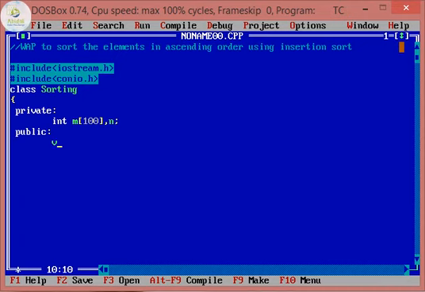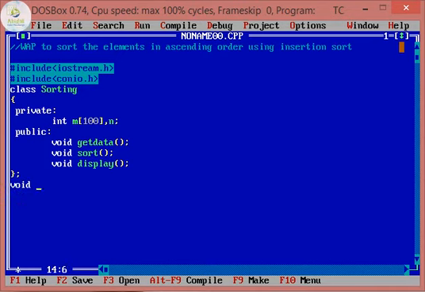The member functions are used to get the information, that is getdata. The next member function is for sorting the elements in some order, sort. Then the next is the display function, which we are going to define outside the class.